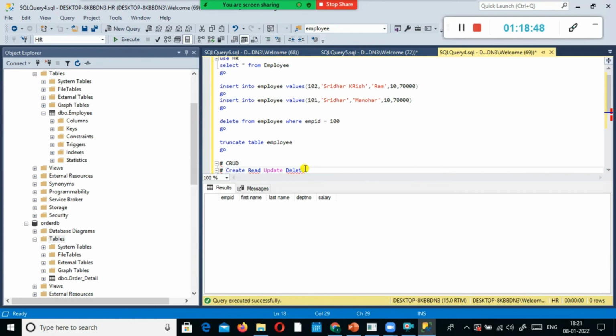Tomorrow what we will do, see, I'm going to wrap up the session now. Since today being the first session in this call, many non-IT people are there. So I don't want to cover so many things in one session. Today I will share the video. You can watch my today's video, and tomorrow we will go step by step with some assignments. You can also start practicing it along with me.